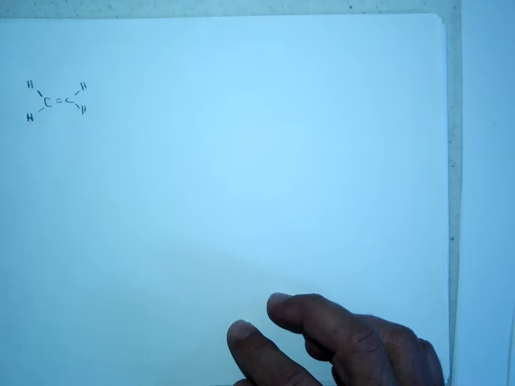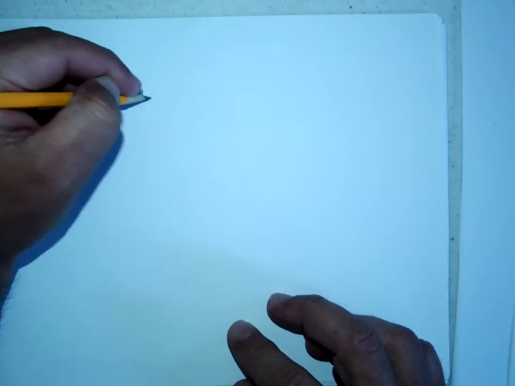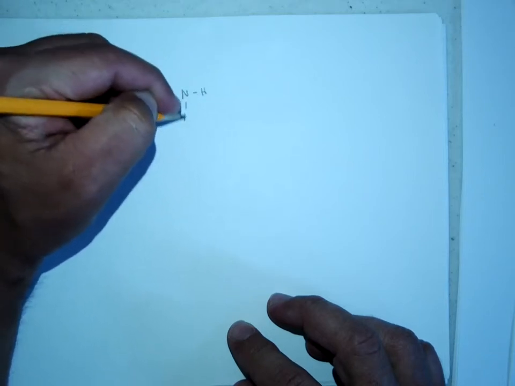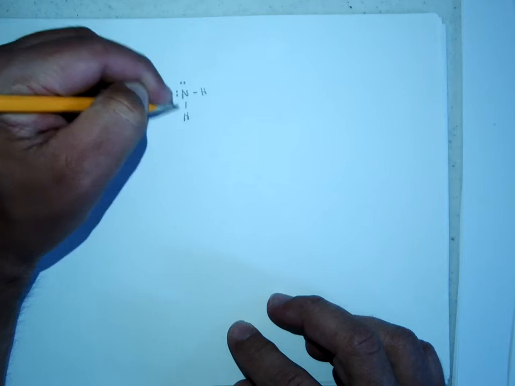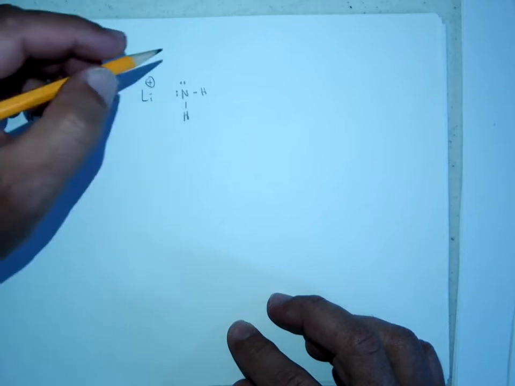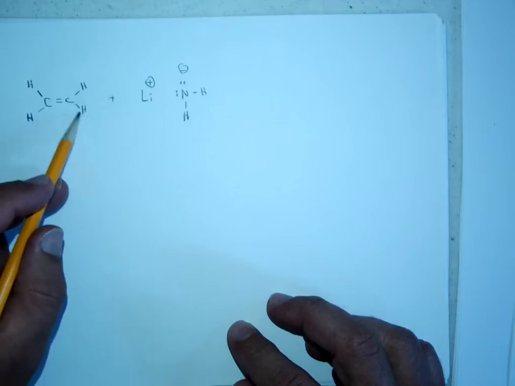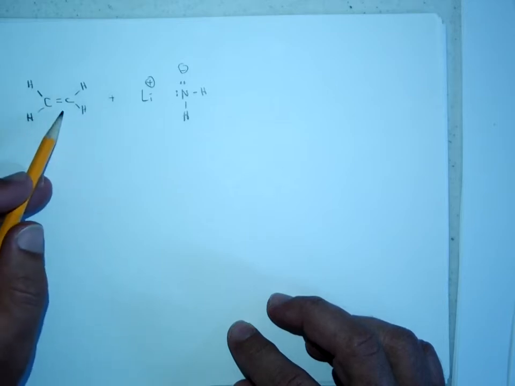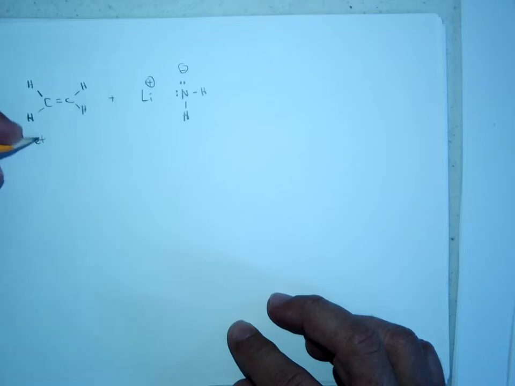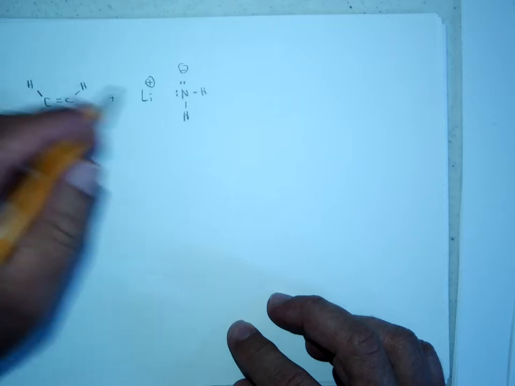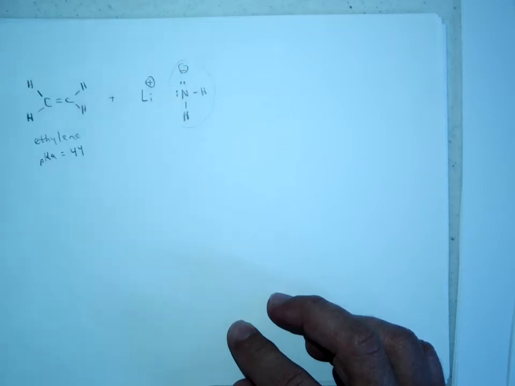try to react ethylene plus lithium amide, also known as lithium NH2, you would start writing the mechanism by doing the complete dot structures for all of the reactants, and that includes all of the atoms and all of the electrons. So ethylene, or ethene, has pKa equal 44. So it's not very acidic, and typically when you have a salt, the anion is going to